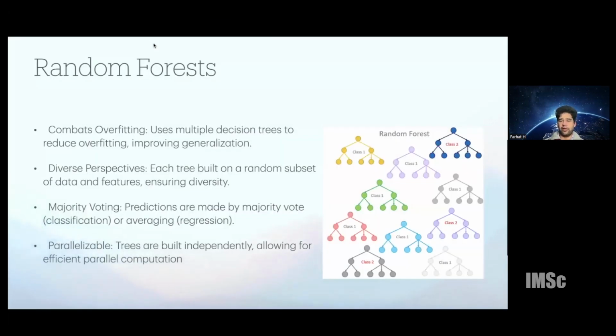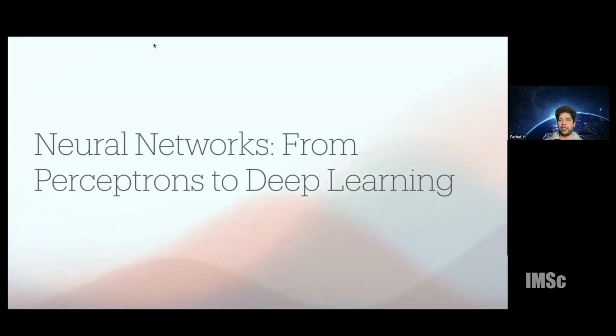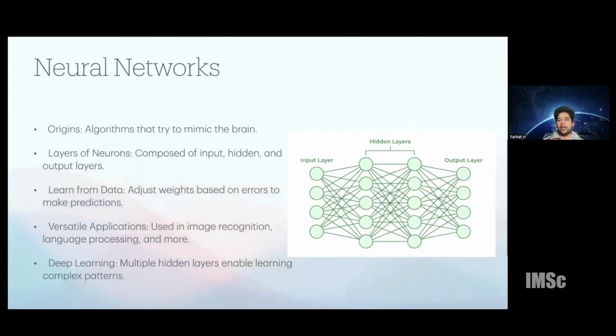Okay, if not, then I'll go on to the last kind of models that I'll talk about today, which is neural networks. So neural networks are highly interesting and the mainstay of most of the research happening in machine learning today. The origin of neural networks was that they try to mimic the human brain. We call them neural because they are sort of how it was thought neurons behave. But essentially, they're composed of what are called layers of neurons, not to be confused with real neurons, because these are highly simplified, but